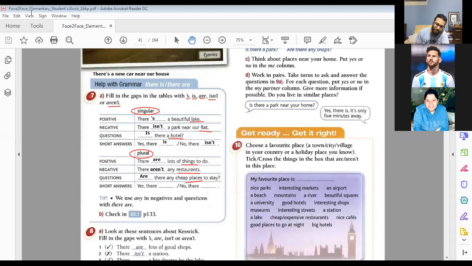صح ولا؟ لان شنو تقول القاعدة؟ وما زال في جزء اخير يجاوبك لاني انك بيك تقرا القاعدة يا راشد. شنو تقول؟ We use any in negative and questions with there are. بالضبط. معناها اني مش نستعملها مع there is ولا؟ قال لك مع there are بس. صح ولا؟